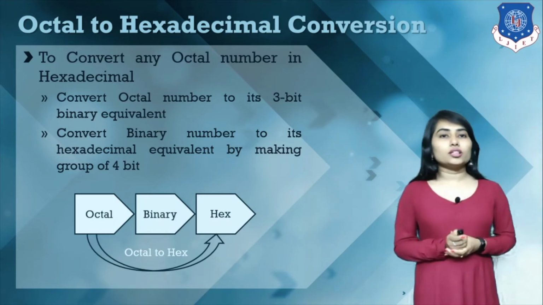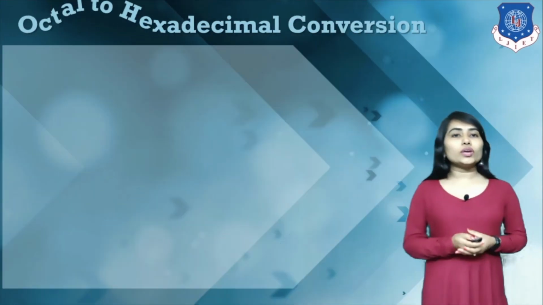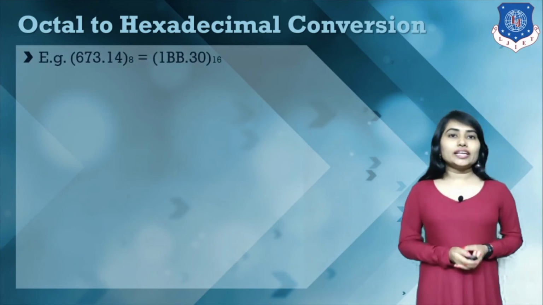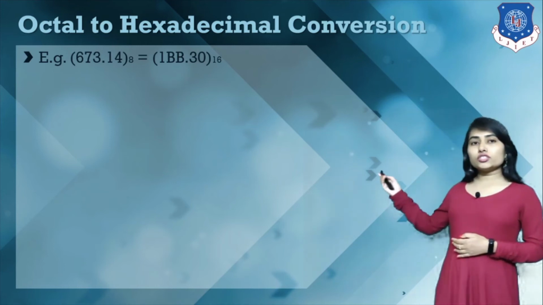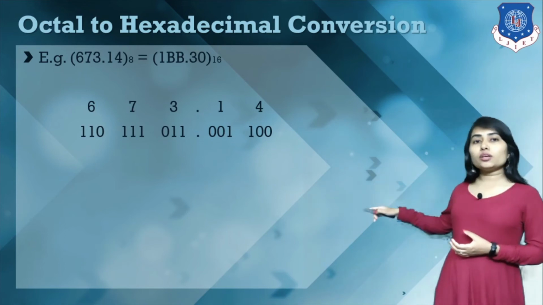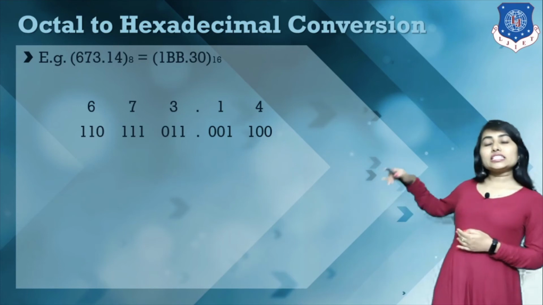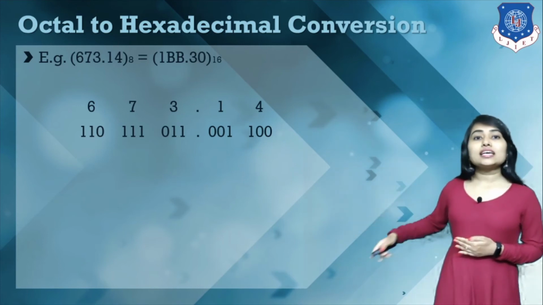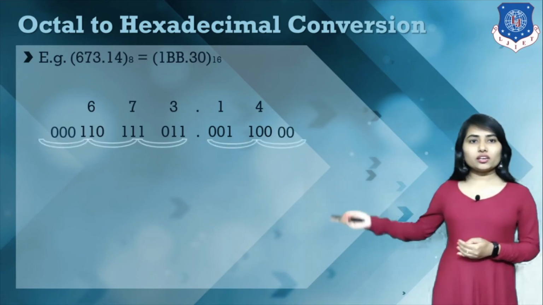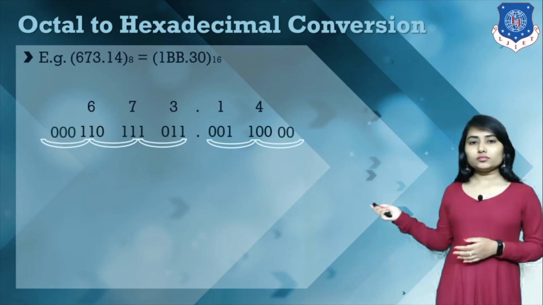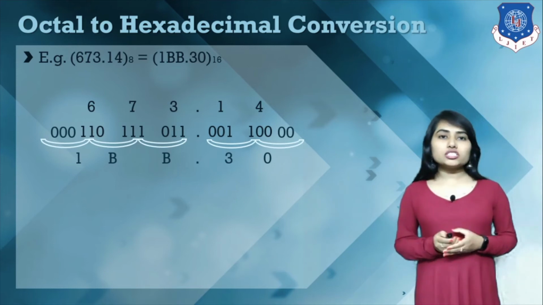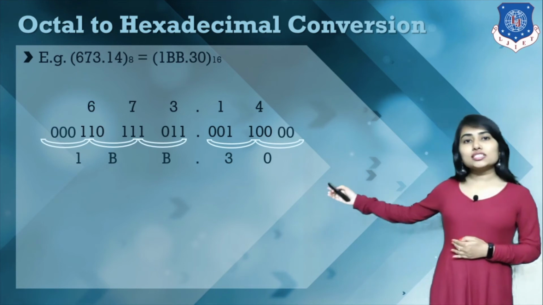Now let's take an example of how we can do this. Here we have one example. This octal number is converted into a hexadecimal number. For this, first write this octal number and its equivalent binary in 3 bits. So this octal number and its equivalent 3 bits of binary are written like this. Then make groups of 4 bits. Here we do not have enough digits, so we can add zeros, so we can make a group of 4 bits. Then for each 4-bit group, we have its hexadecimal value. So this is how we can convert this octal number into hexadecimal.